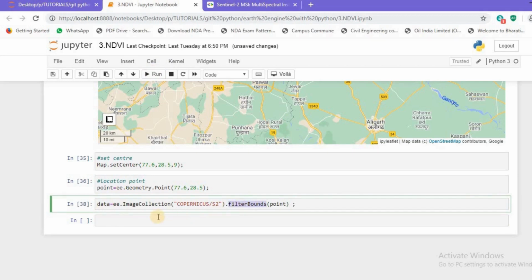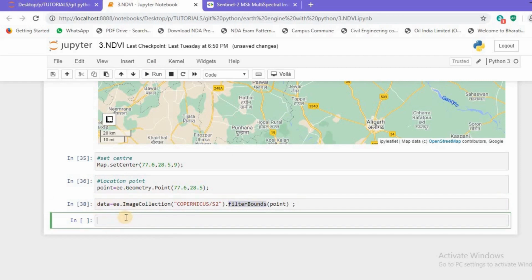Let's move forward. This data contains a huge amount of information, so let's restrict our search and create a variable called image, and I'll make use of ee.Image, and I'll pass my data into it.